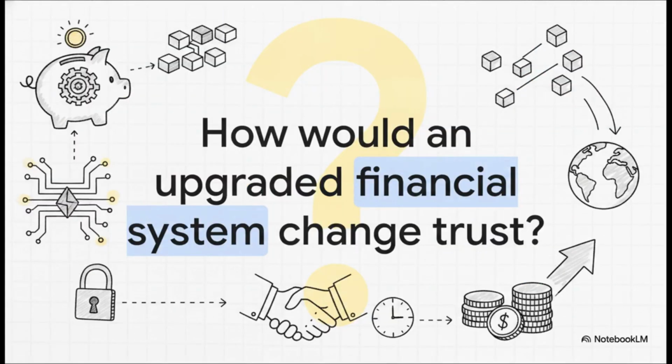So what does this all mean for us? We've seen how economics and computer science beautifully blend together to move us away from hype and toward true mathematical efficiency. If our global financial plumbing was completely upgraded, if it was fully programmable, instantly settled, without a single trade fail, and perfectly encrypted to protect your privacy, how would that fundamentally change your daily relationship with money? And honestly, more importantly, your relationship with trust?